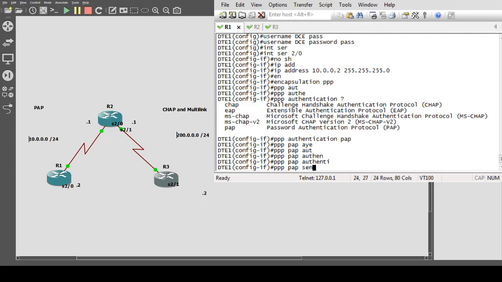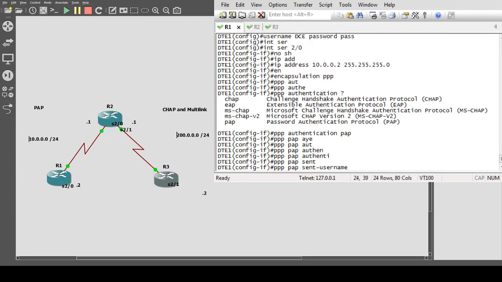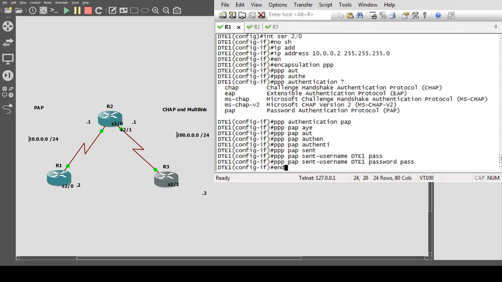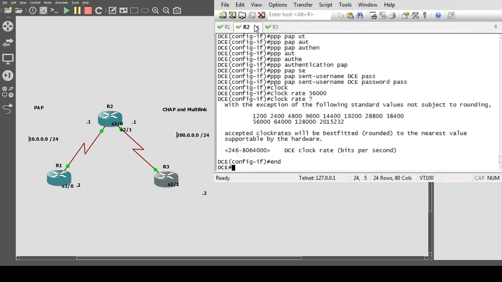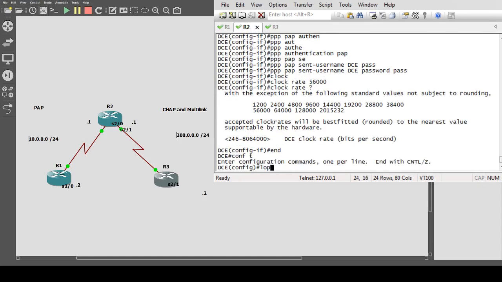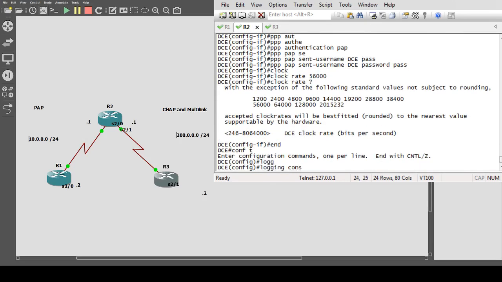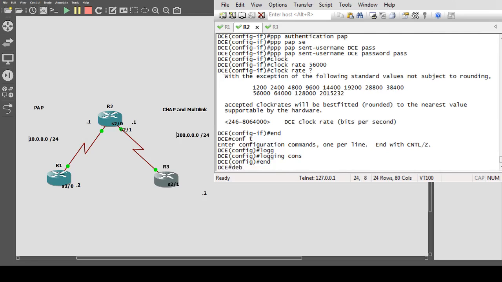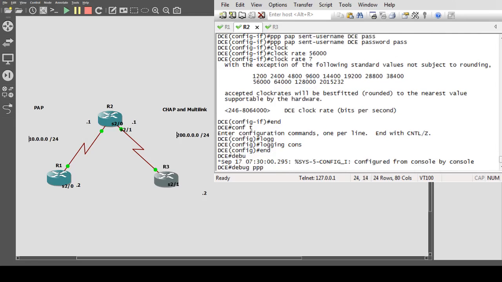Now we're going to send our credentials to our DCE, which means we're going to the DTE1. Our host name, the password is pass. So that we can check, I'm going to configure the logging console to be on. Annoying, but we need this. And then the debug PPP authentication